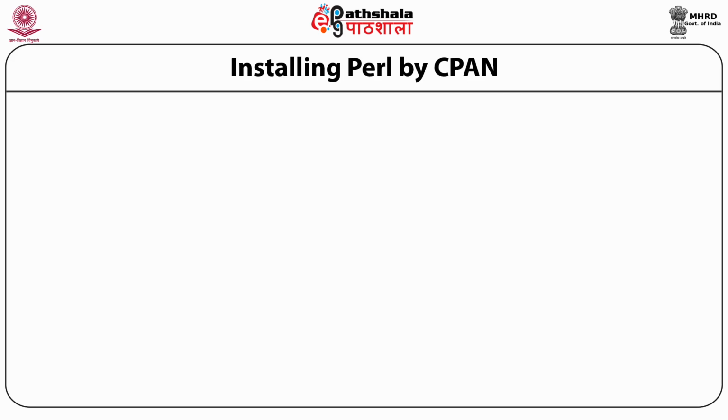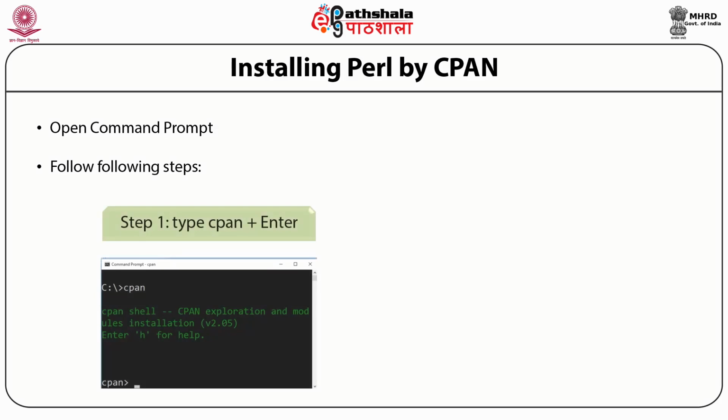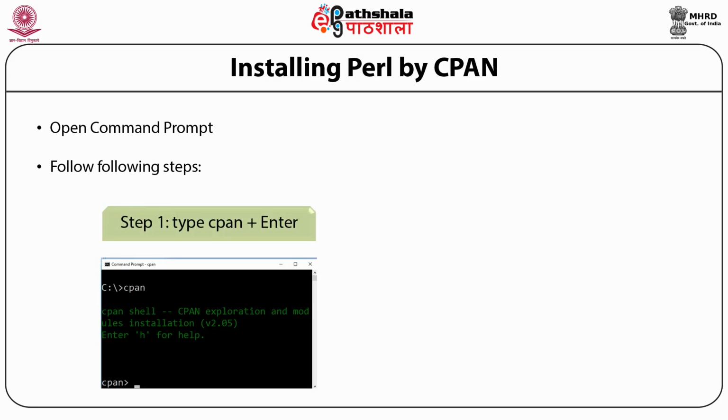Perl also gives the facility to install packages online. For this purpose, the CPAN utility is there in Perl. To install a Perl module from the CPAN utility, first we need to open the command prompt and follow two steps. Step 1, we need to type CPAN in the command prompt and then press enter. After entering, CPAN will be called and a message will appear on the command prompt screen,